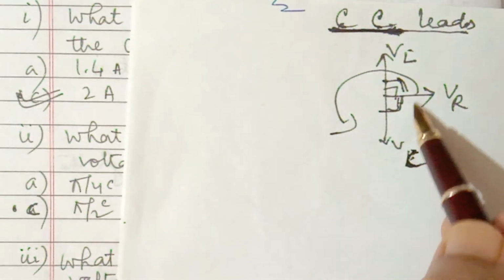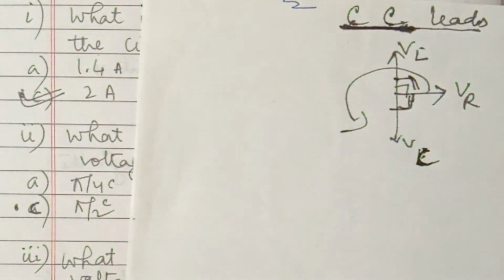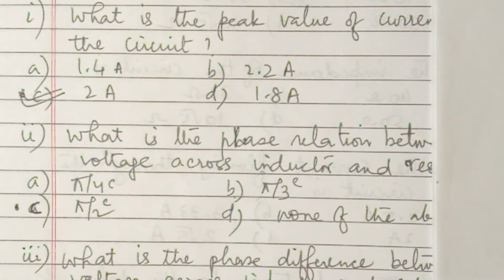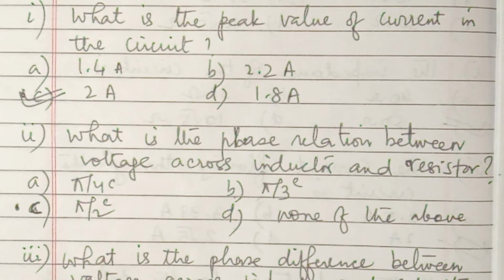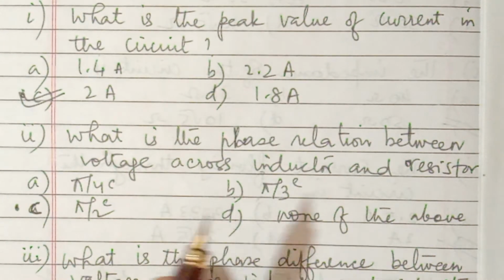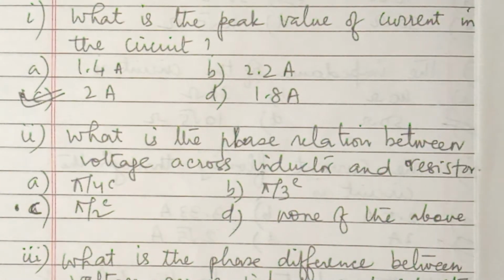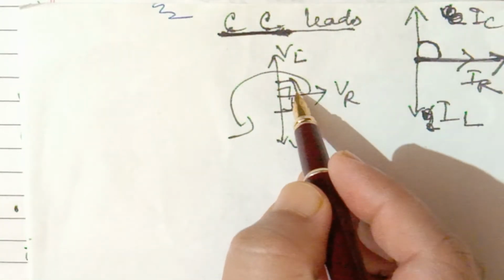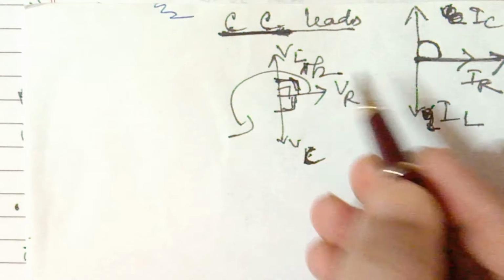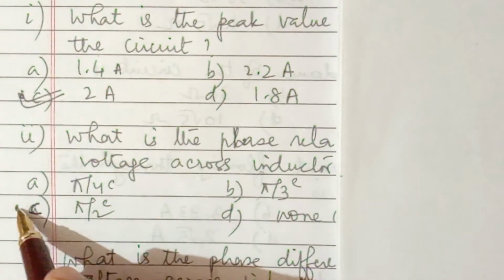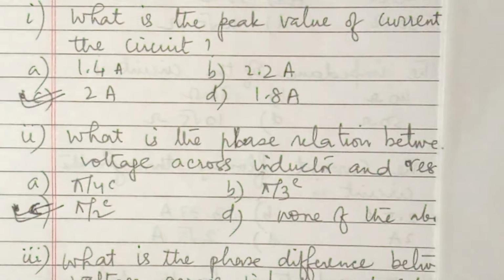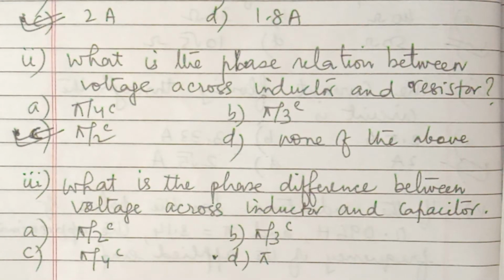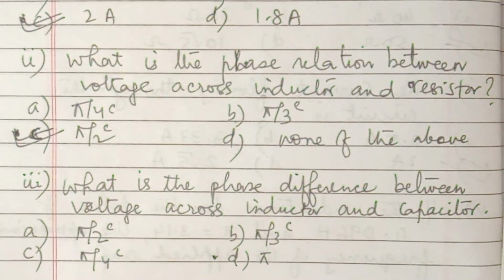ठीक है, एंगल ऐसे मेजर करेंगे और एंटी क्लॉकवाइज। तो ये आप याद रखेंगे। तो अभी ये क्वेश्चन में आप देखिए, व्हाट इज द फेज रिलेशन बिटवीन वोल्टेज अक्रॉस इंडक्टर एंड रेजिस्टर। तो ये 90 डिग्री है। ओके, π/2 ये हो गया। तो सी ऑप्शन।